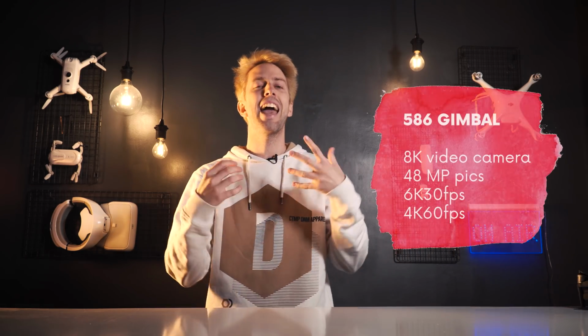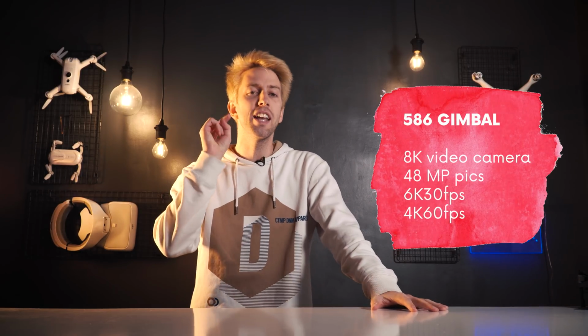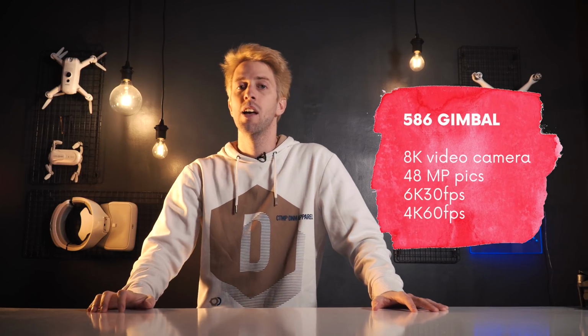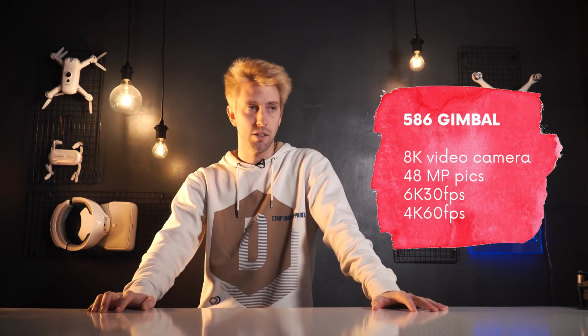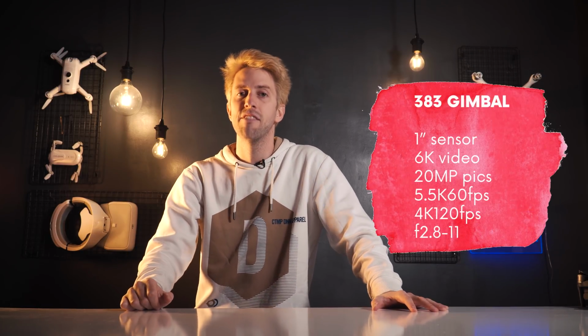The first one, named 586, provides an 8K video camera that will take still photos of up to 48 megapixels and records 8K video at 25, 6K at 30 and 4K at 30 or 60 frames per second. Wow. The second gimbal, the 383 gimbal, features an Ultra HD camera with a 1-inch sensor for 6K video and